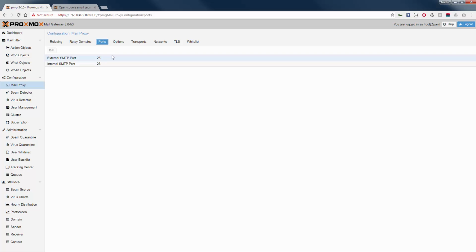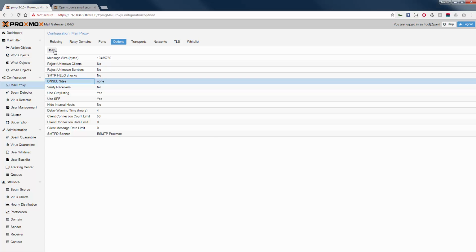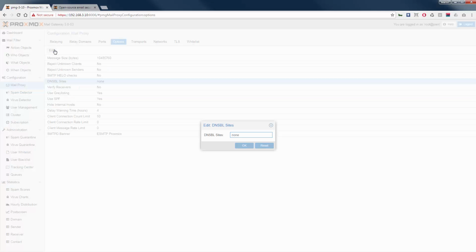One of the most powerful anti-spam weapons are DNS blacklists. There are a lot of blacklists available. Some are free to use. For other lists you'll need an IP registration. And for some lists you will need a commercial contract, depending on your use case. We can recommend the Barracuda Reputation Block List. This is a list free to use, but you need to register your IP on their website. You can find the link below the video.